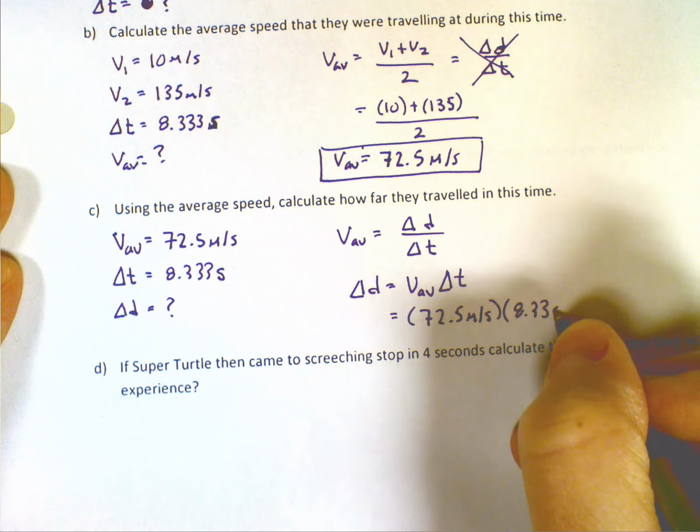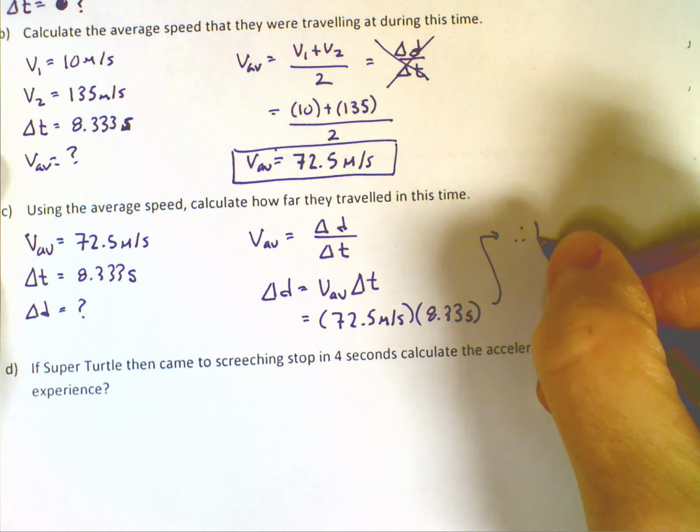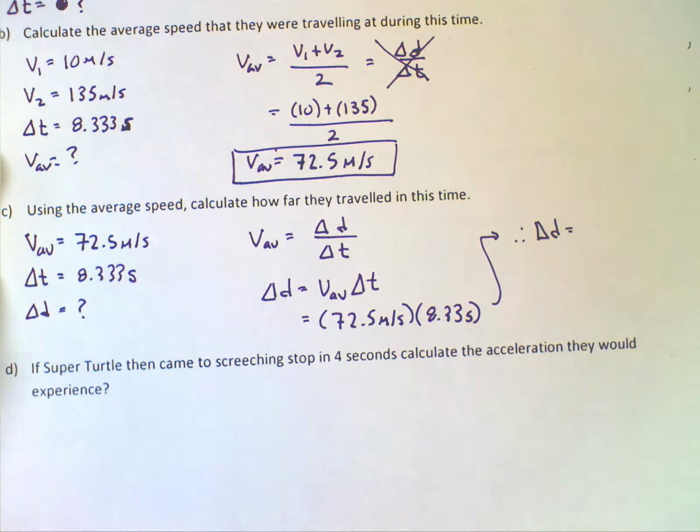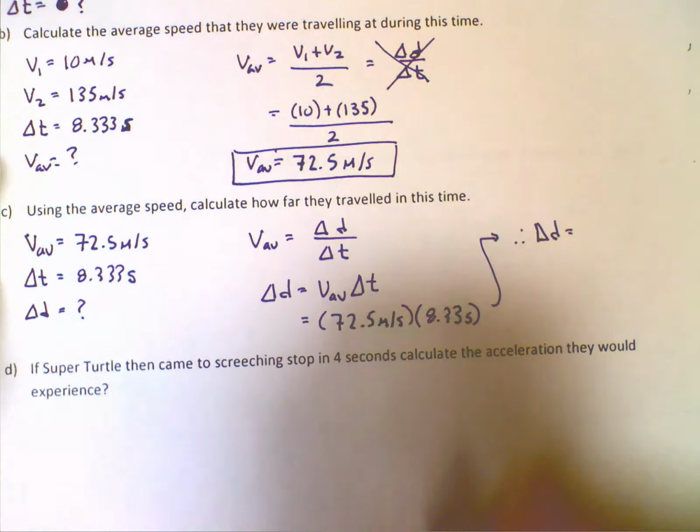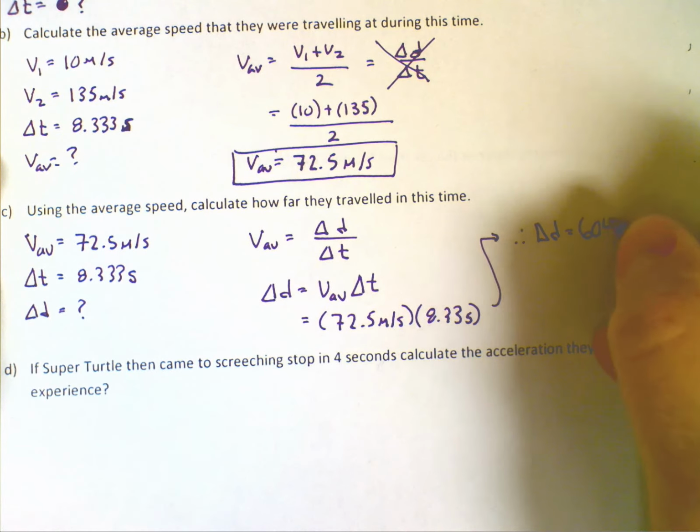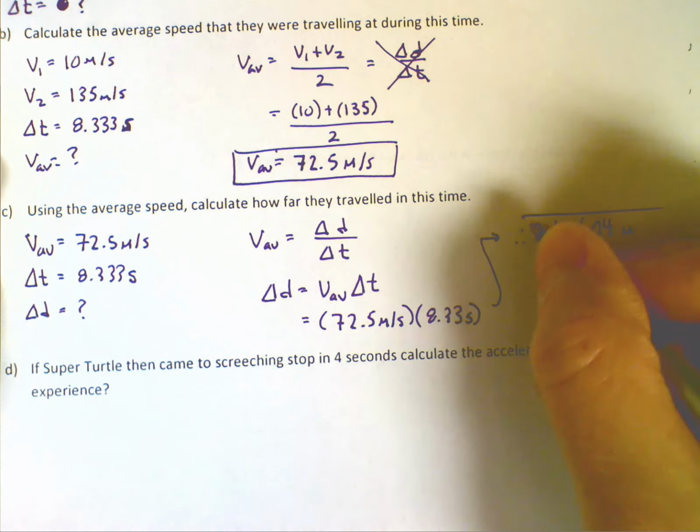And you can see it's pretty straightforward. Therefore, the distance that they would have traveled is 72.5 times 8.3333, about 604 meters